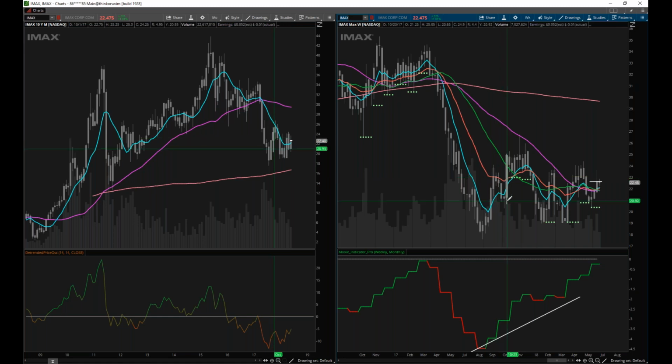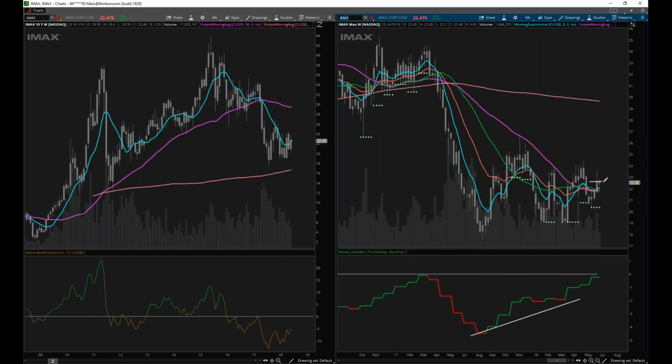So it came back down, found some bottom and popped back up, looked like it was going to hold, touched the 50, got rejected, and then because it couldn't get through the 50 because the Moxie indicator was still below 0, this thing torpedoed and fell back over again. Now look, we did it again. Here's your down, up, down, and now we have price trying to get through the 50, but one more time, it couldn't hold the weekly 50 because the Moxie indicator was still below 0, so what did it do?